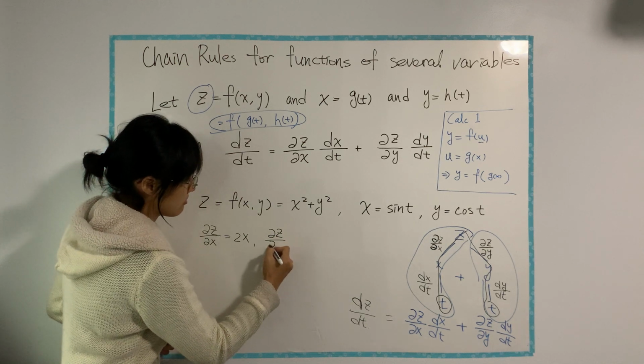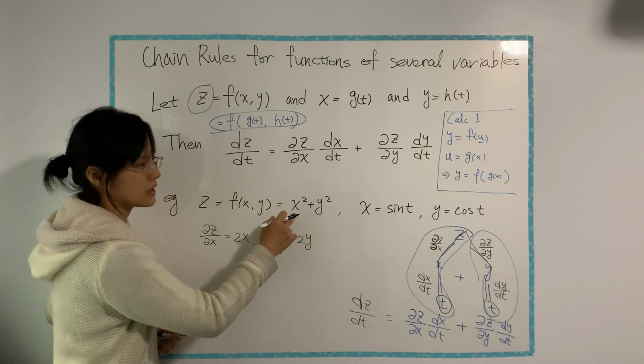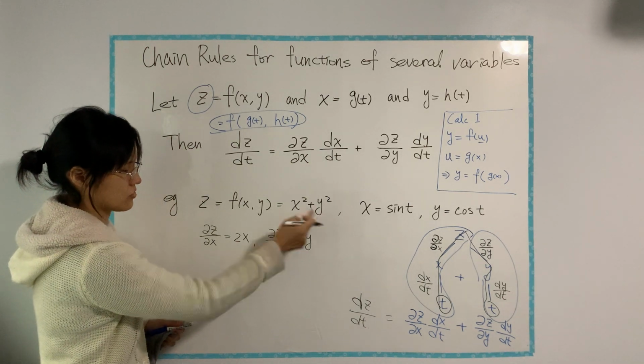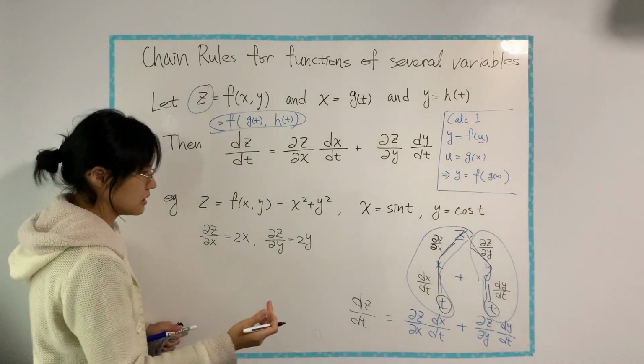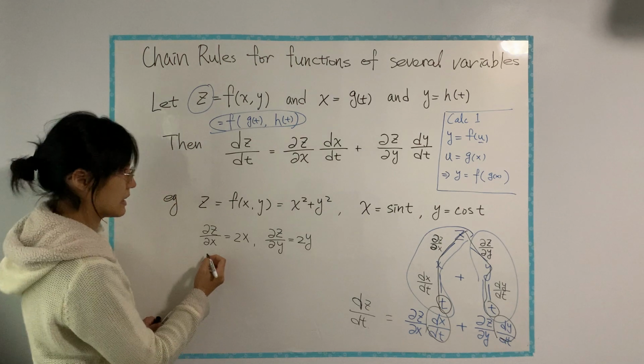dz/dy equals 2y, because I'm treating x as a constant and focusing on differentiating y squared. Okay, I need more than that. I also need to know this and that. So I have